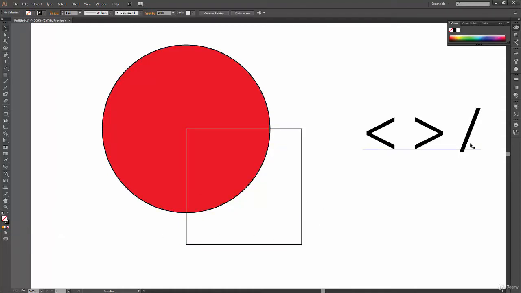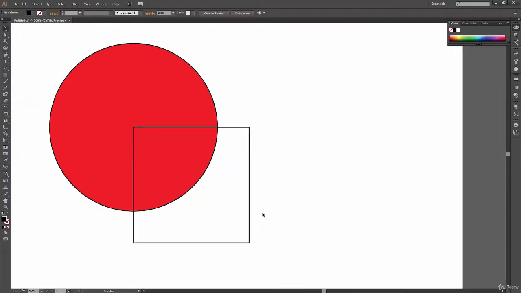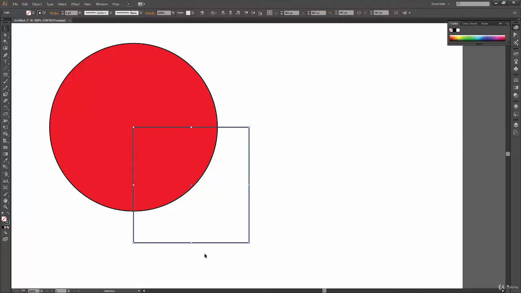So let's say at some point of time, according to your project, you just need a shape, just need an outline, and you don't need the fill inside it. So in that case, you can use it. You will be using it a lot of time, especially I use it for removing outlines, but the applications are so many. You will come to know about it.